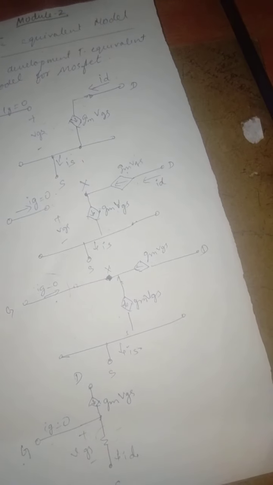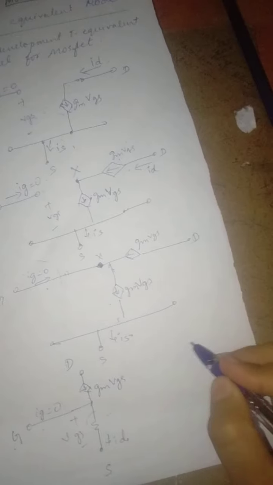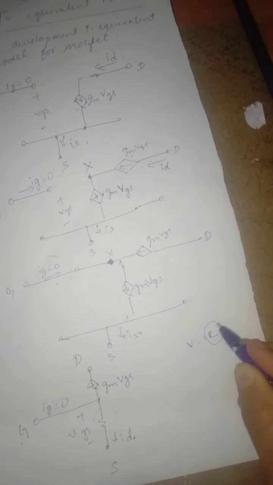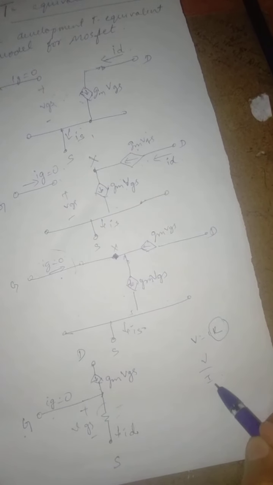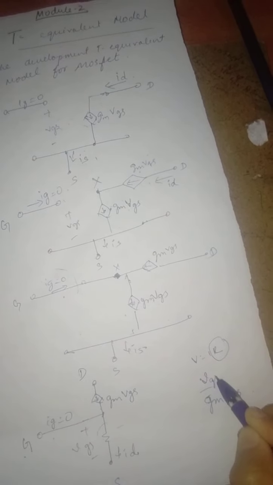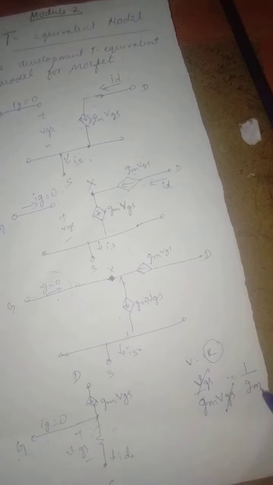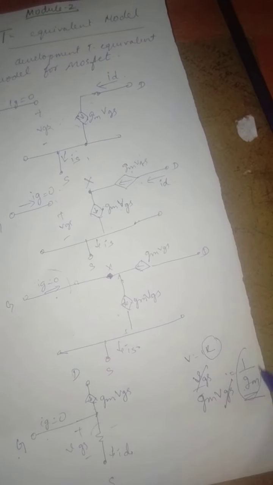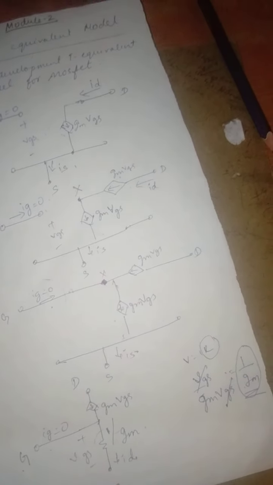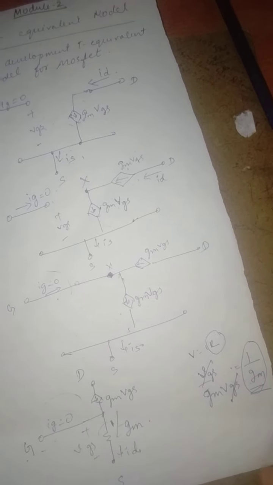Now as long as this draws an equal current, the value for the resistance that you can give is from V equal to IR. Now the resistance value we are supposed to give is V by I. Now what is I? Gm into VGS, correct? Now what is this V? It is again VGS. So this and this is gone. What are we left with? Only 1 by Gm. So now this is going to be our resistance. That means this part will be 1 by Gm. And still our gate current doesn't change. IG is equal to 0 only.